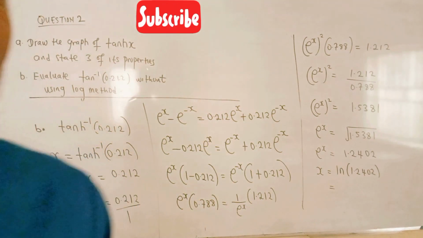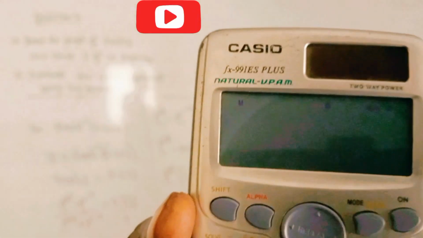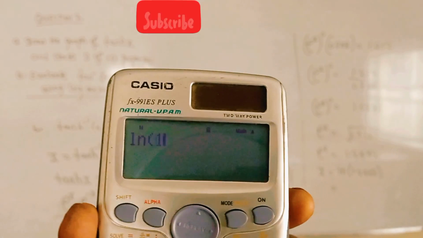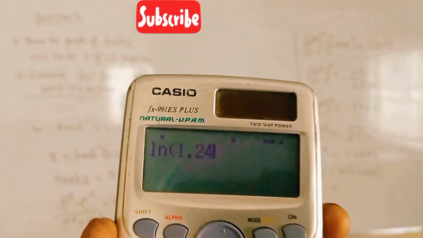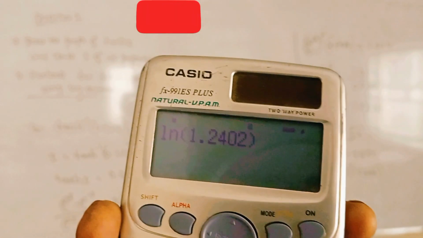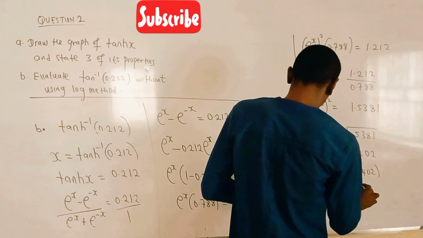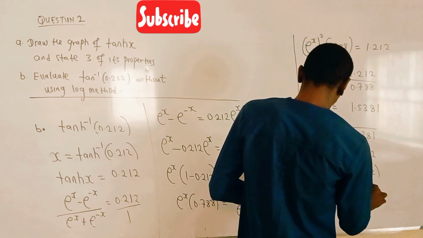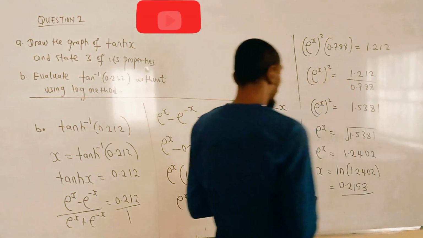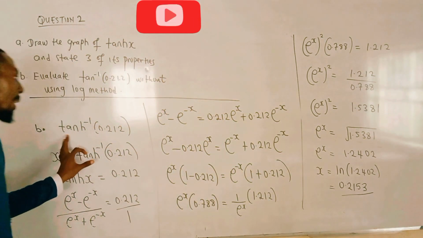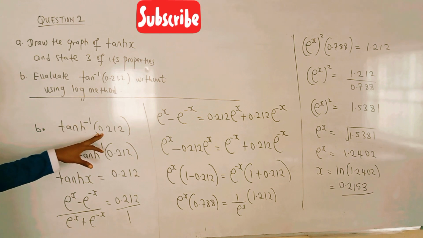the ln there. Let me show you guys. We have the ln here. Okay, we have the ln of 1.2402. Of course, you see the answer. We have 0.2153 to 4 decimal places. So this value actually is the answer to tanh inverse of